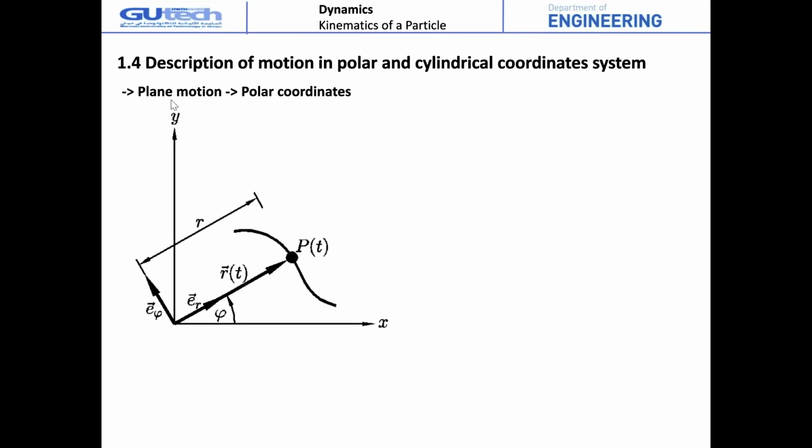Then we take the case of the description of motion in polar and cylindrical coordinate systems. Sometimes it is very difficult to describe the motion in the Cartesian coordinate system x, y, z. So what do we use in 2D? We have the polar coordinate system, and in 3D we use the cylindrical coordinate system. It is easier to describe the motion using these two coordinate systems, and for plane motion we have the polar coordinates. That means for the plane x, y,